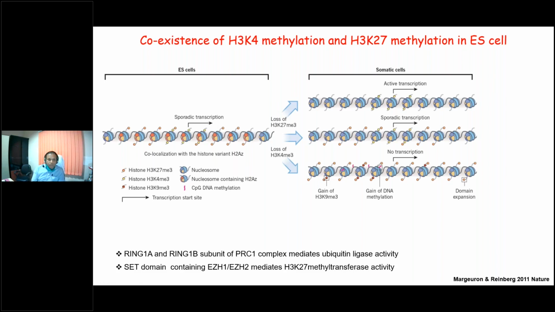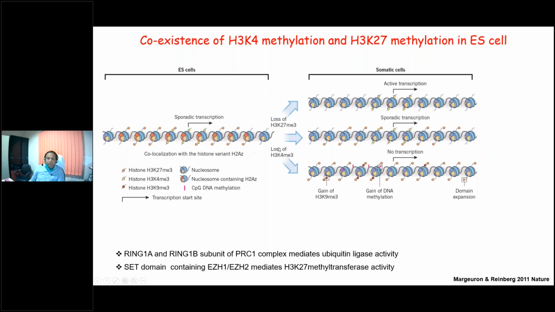Okay, so you know that to maintain the identity of the embryonic stem cells, we need to have some genes. Some genes have to be expressed. So those genes will certainly be marked by the H3K4 trimethylation, not by the repressive marks. But most of the genes that are responsible for the determination of the lineage progression can have the